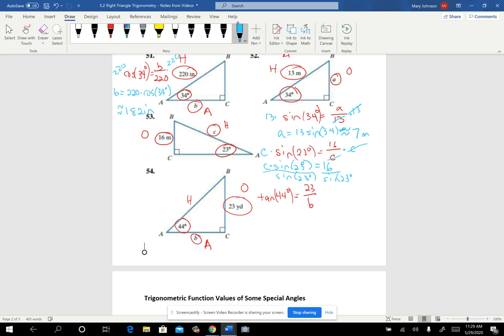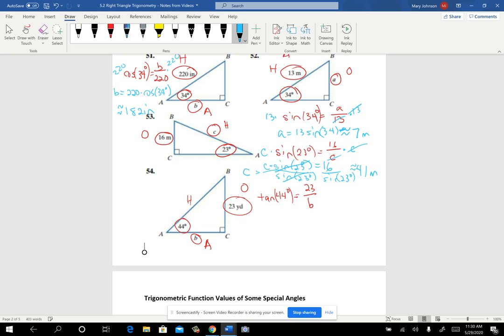Okay. And so that leaves you the c by itself like you needed. So that gives us our c. And then you just need to do this work right here to get your result. So you're going to take 16 this time and divide by the sine of the 23, making sure that you are in degree mode. So you get around 41